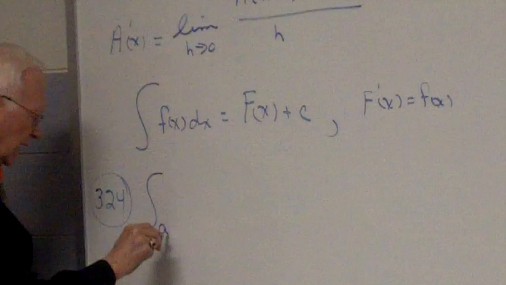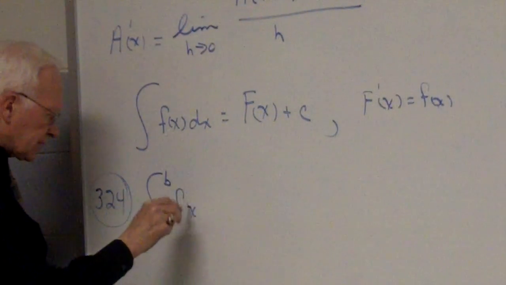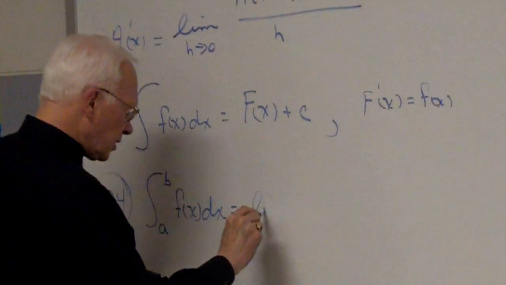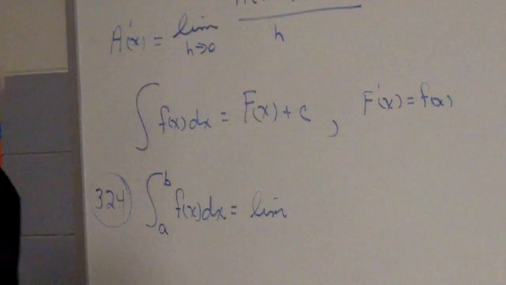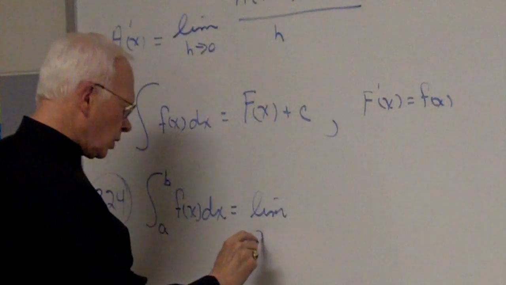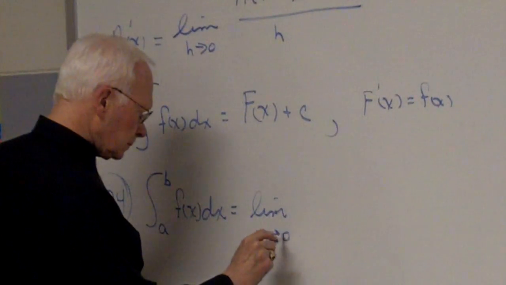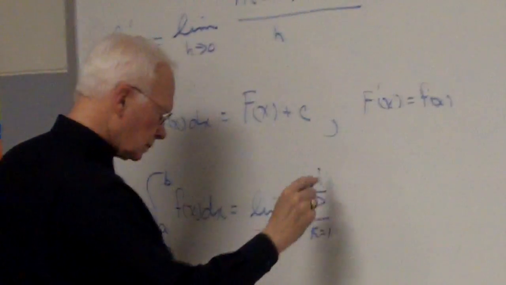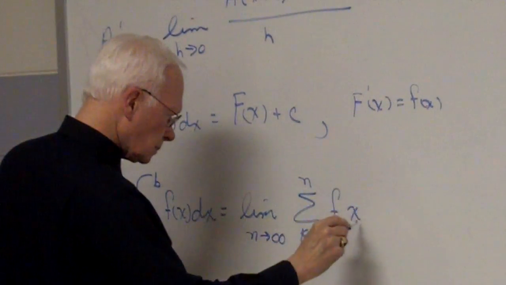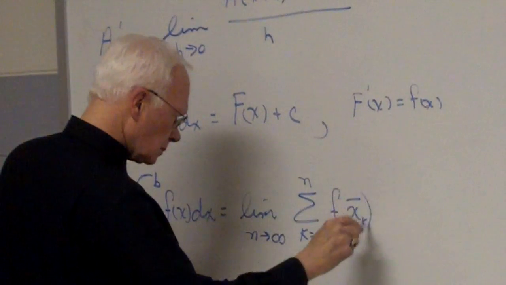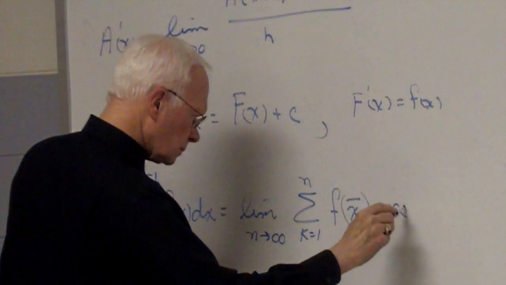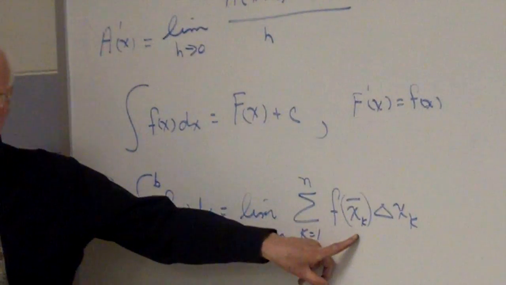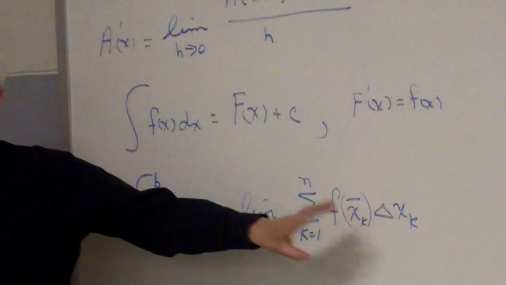Okay, so we have an a here, a b here, an f of x dx. That's equal to the limit. Now I'm going to write it differently than in the book. Not much, just a little. Okay, are you clear with what we have here? No. Okay, now,